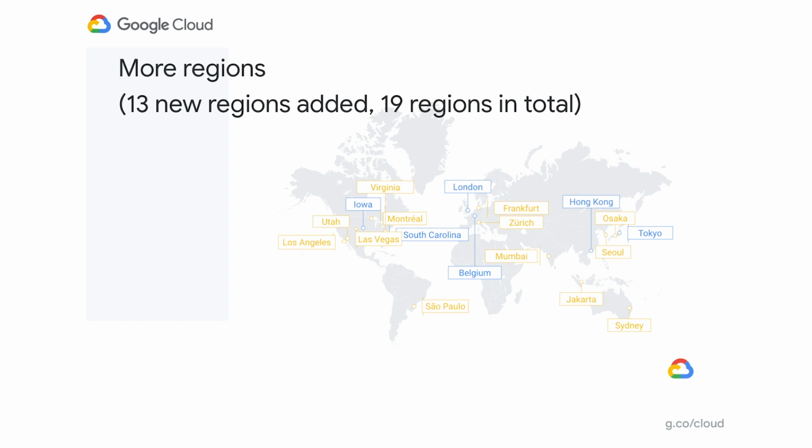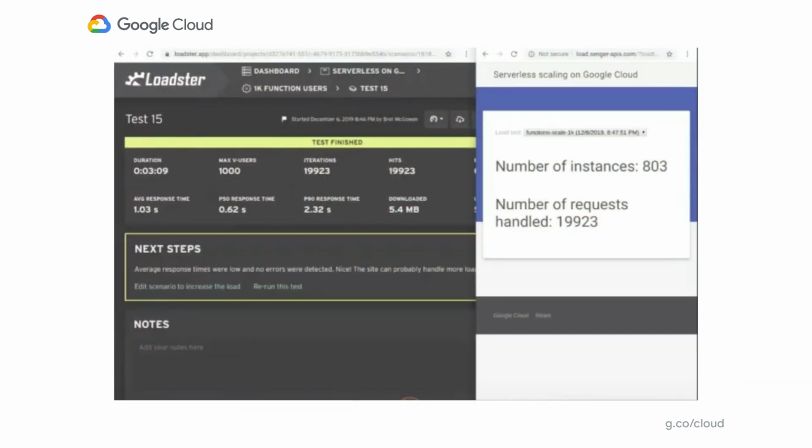With this global availability of the service, we're super excited to provide it to our users in the broad range of markets in the world. Along with availability, users really care about scalability for their serverless services and functions. Cloud Functions is backed by Google's infrastructure, which runs on Borg, and it uses a technology called gVisor, which really